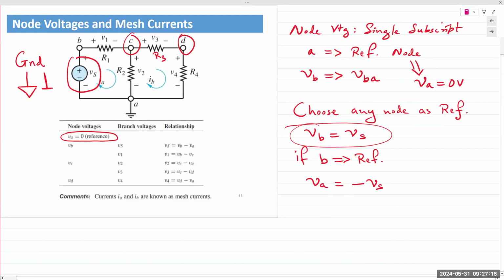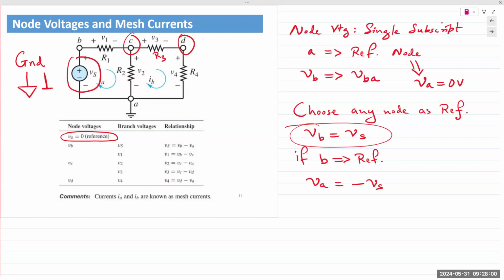All right, then we get into the meat of the techniques. We had three techniques: node voltage analysis, mesh current analysis, and superposition. All three of these techniques are based on the previously learned techniques. Again, node voltage analysis requires application of KCL and application of Ohm's law. So again, it's a technique that utilizes the previous two laws, Ohm's law and Kirchhoff's current law. Node voltage analysis, mesh current analysis, and superposition principle are all based on the previously learned laws